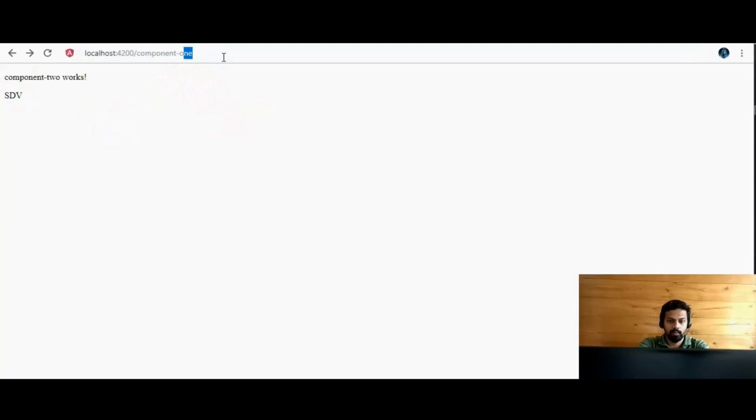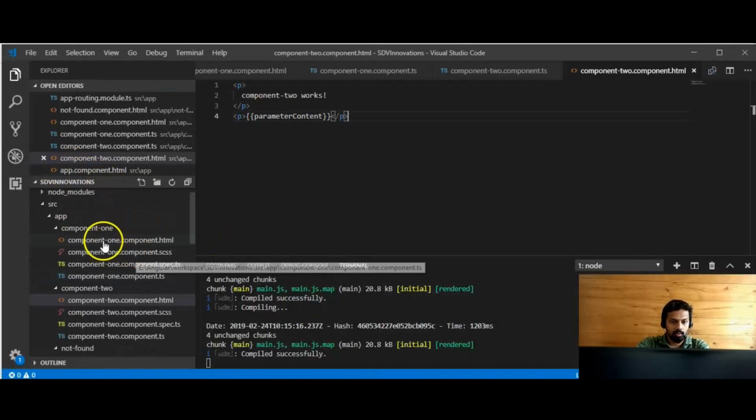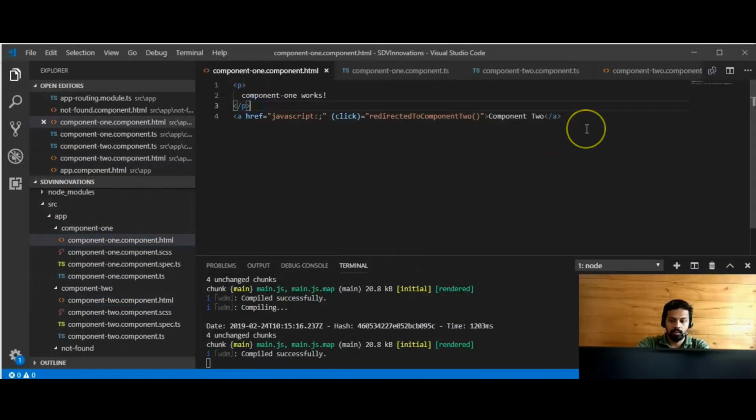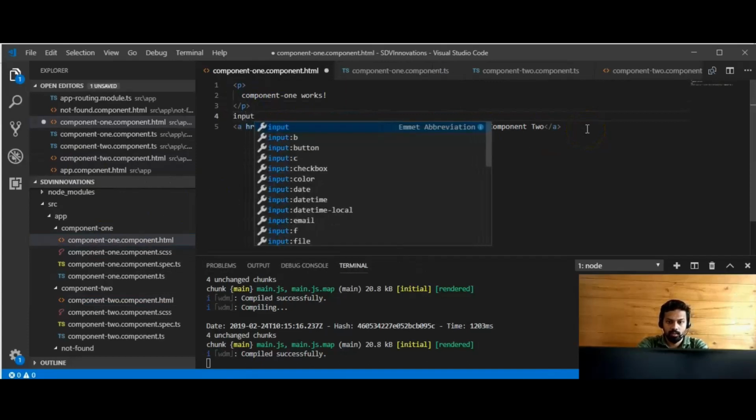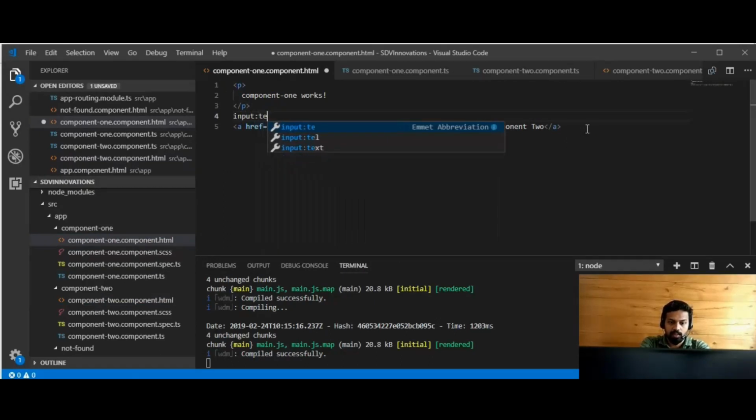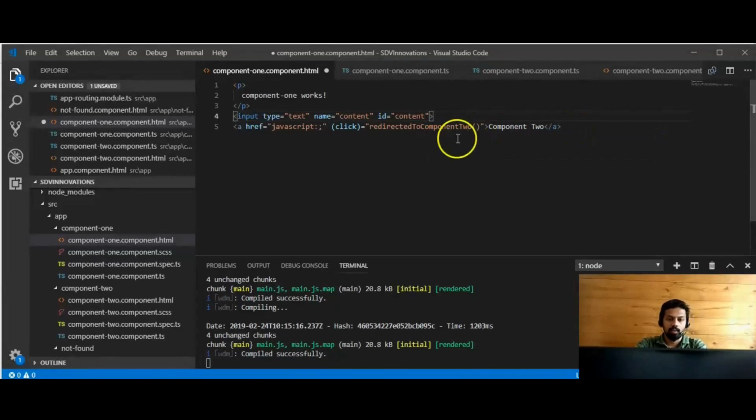So come back to component 1 and open the code in the browser by adding an input box, type as text, and add the name as content, ID as content, and